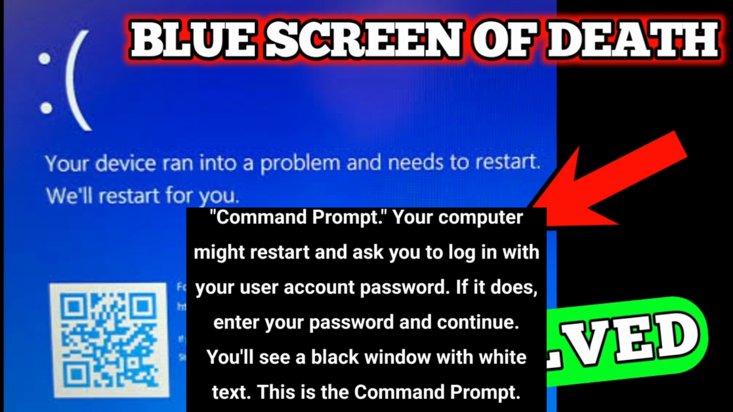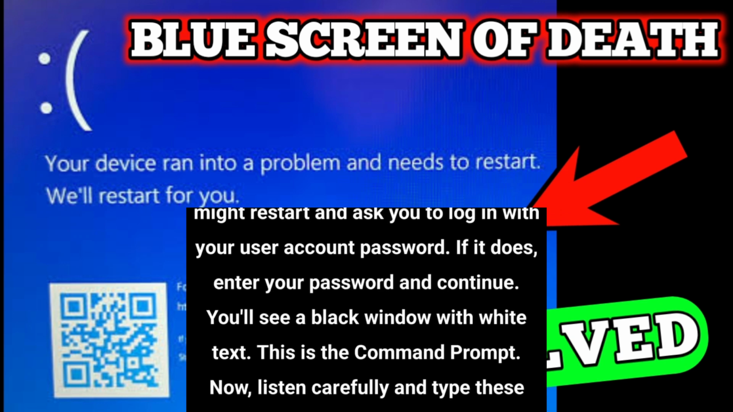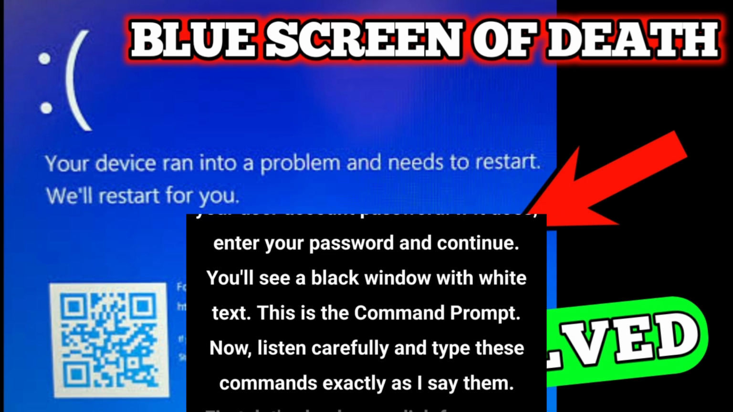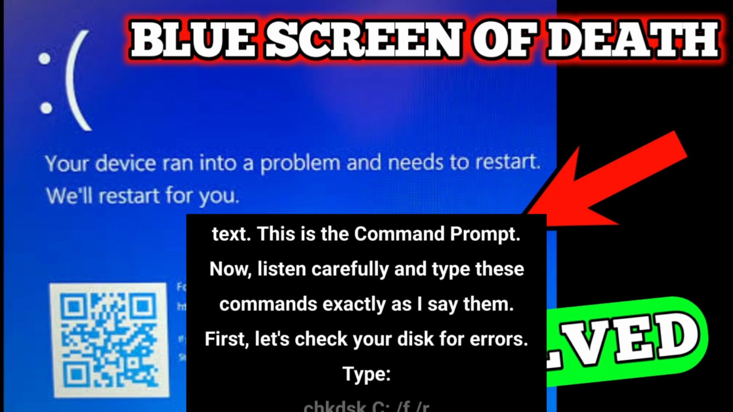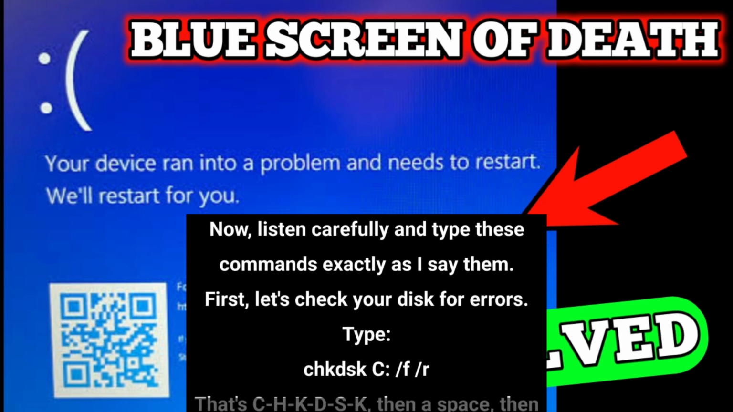If it does, enter your password and continue. You'll see a black window with white text. This is the command prompt. Now listen carefully and type these commands exactly as I say them. First, let's check your disk for errors. Type chkdsk